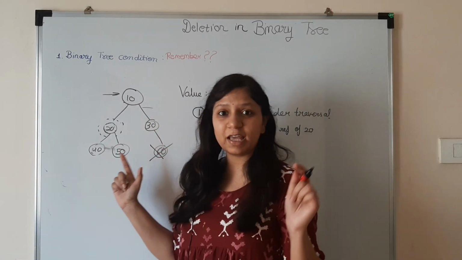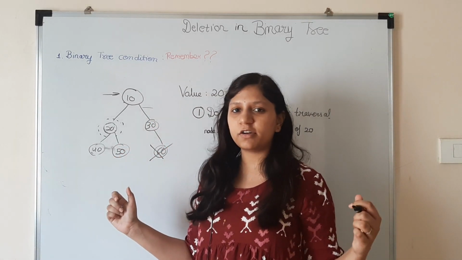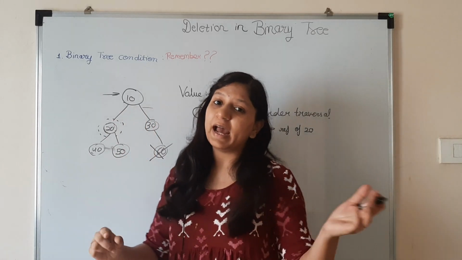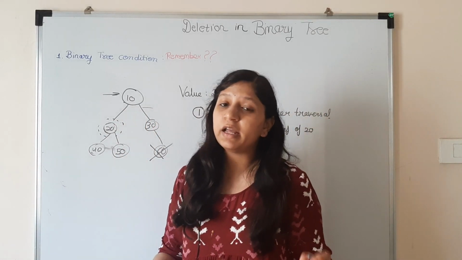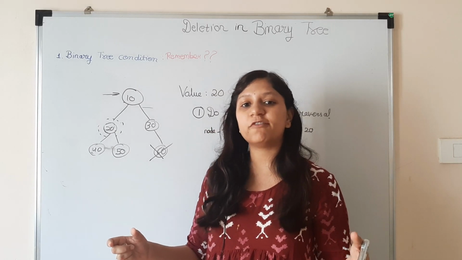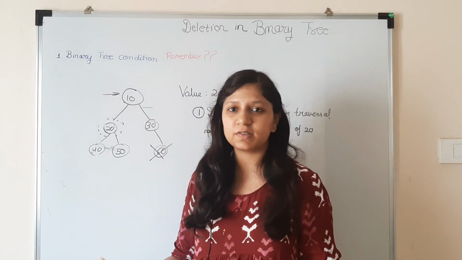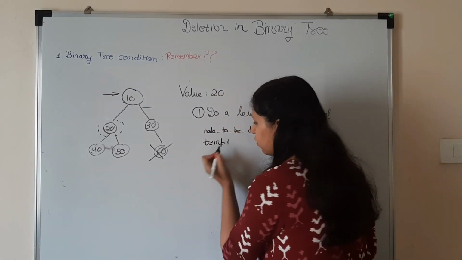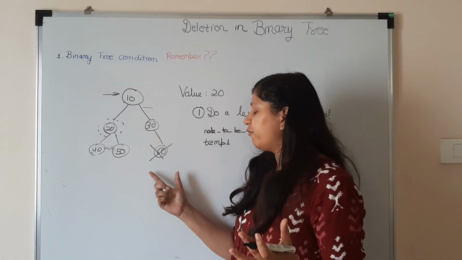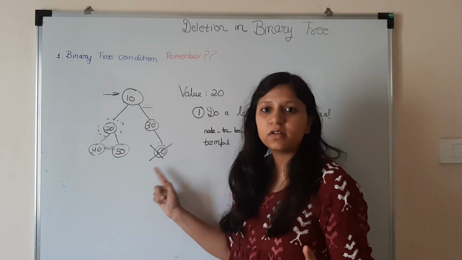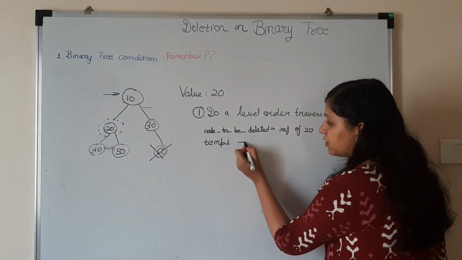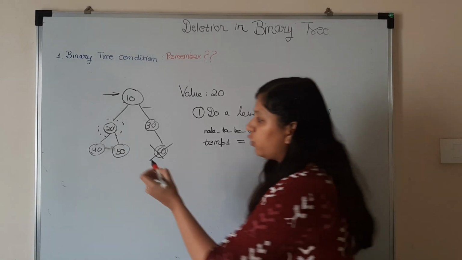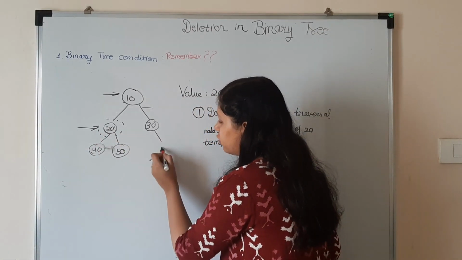Also, while doing the traversal, keep the reference of your last node. How will you keep the reference of the last node? You keep changing the temp reference every time you move to a new node. At the end, when your traversal is done, temp automatically has the reference of the last node. Let's say temp is the variable containing the reference each time we are doing the traversal. Once the traversal is done, it would be containing the reference of 60. So now you have a reference to 20 and a reference to 60.